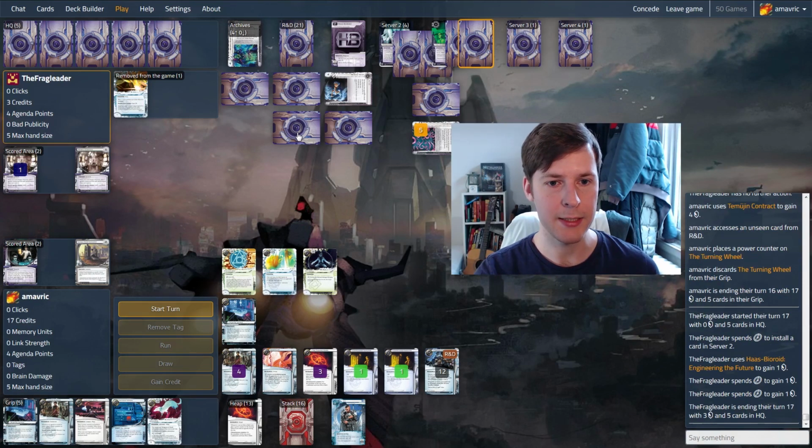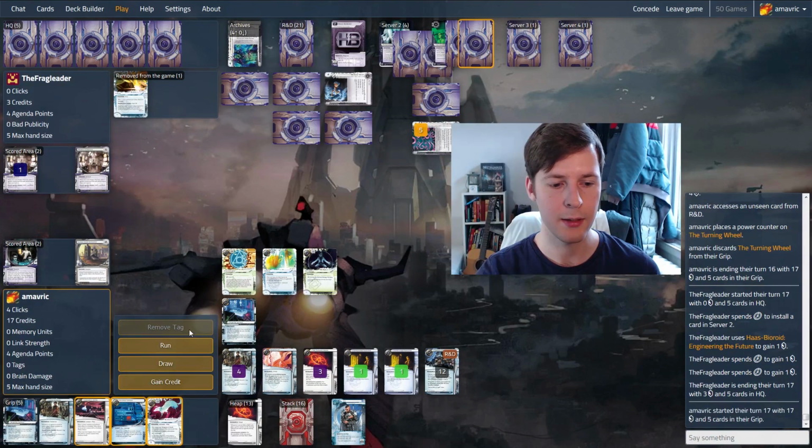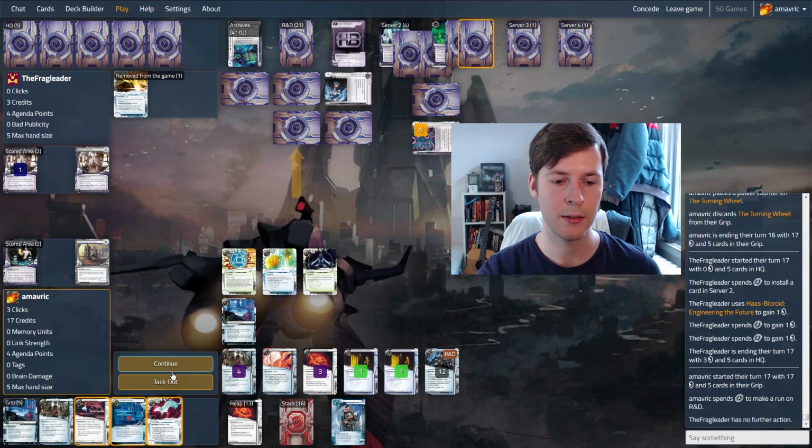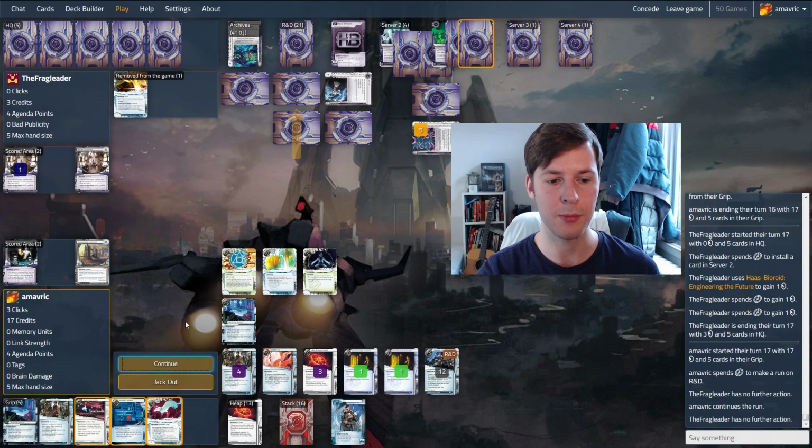Okay, they have 3 credits, so it's just enough to run the Eli. To res the Eli. So I still think we run this. If they res the Eli, we can like switch gears here. Yeah, let's run R&D first. Like, I don't think they can afford to res this. Yeah, they can't. This could be an Enigma, which might be a bit worse, but...